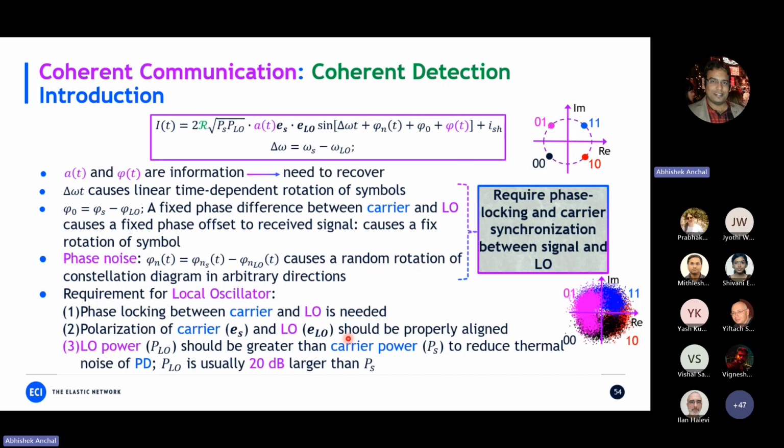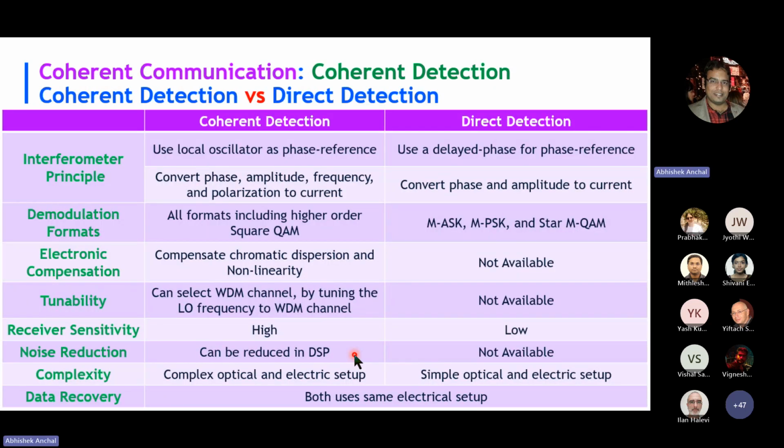So that's another requirement. These are some differences, and I will quickly go through them, but you can refer to them later on. The most important is the sensitivity. The coherent detection is highly sensitive, so it can detect very small power. And another thing is, of course, it can do